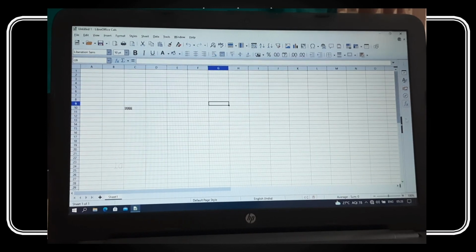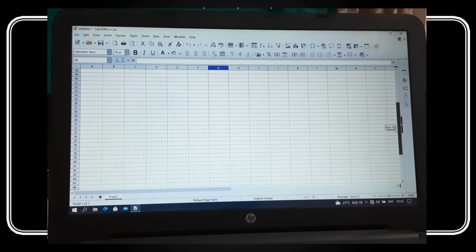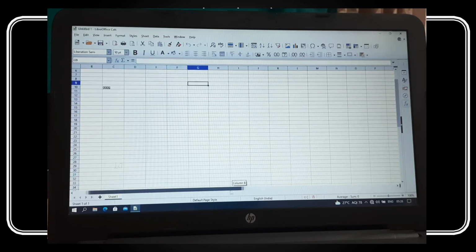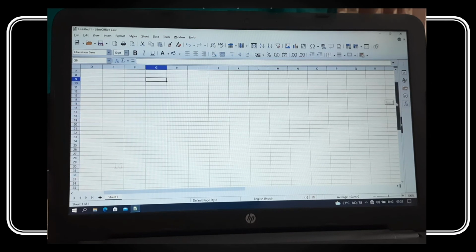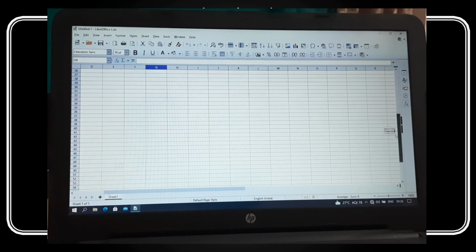Then the vertical scroll bar, this is the vertical scroll bar. And the horizontal scroll bar, if you want to move horizontally, we can use the horizontal scroll bar. If you want to move vertically, we can use the vertical scroll bar. The navigation buttons and sheet tabs: here by default one sheet is there. This is the sheet box.